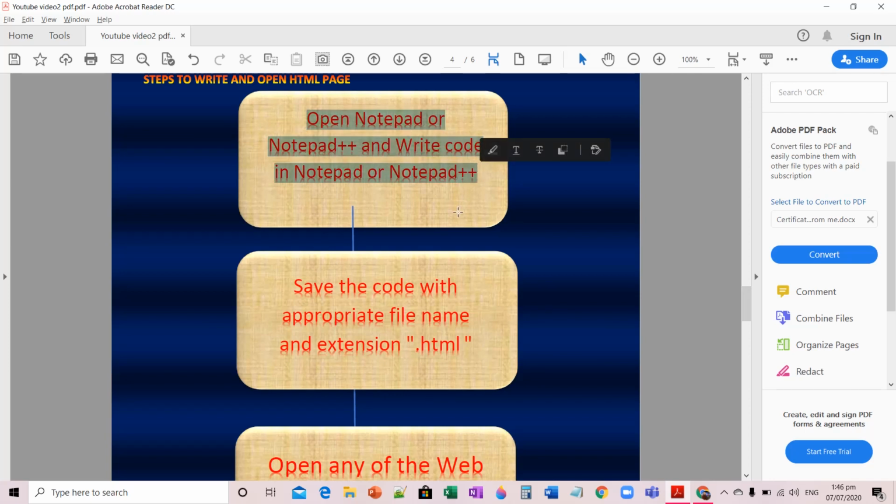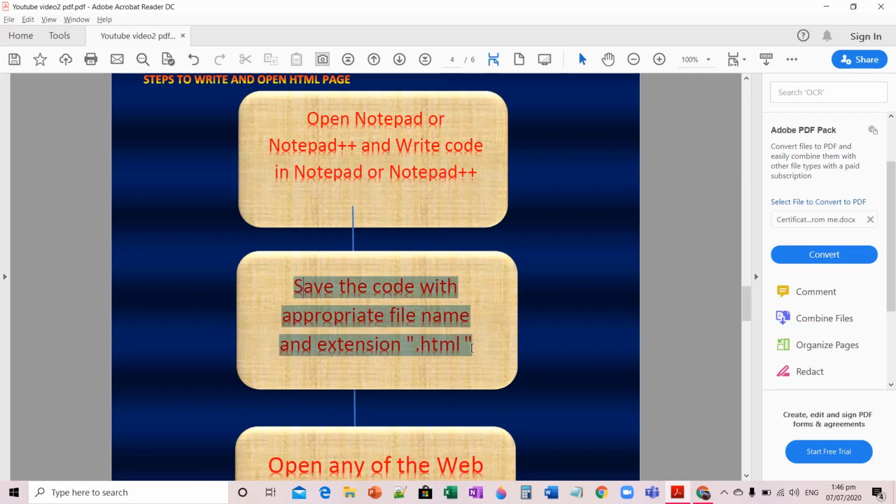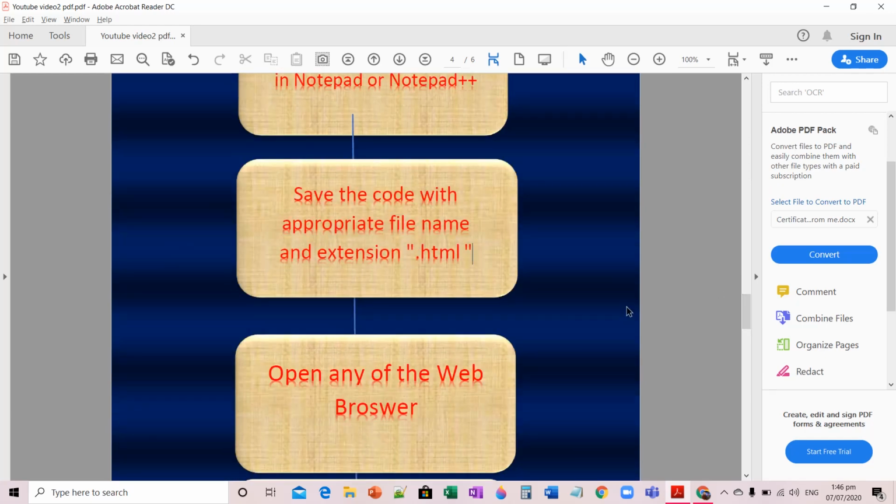Open Notepad or Notepad++ and write the code in Notepad or Notepad++. Save the code with an appropriate file name when you are done with your coding. You have to save it with the extension .html. By default, it becomes a text document, but you have to save it like myschool.html. That is my example.